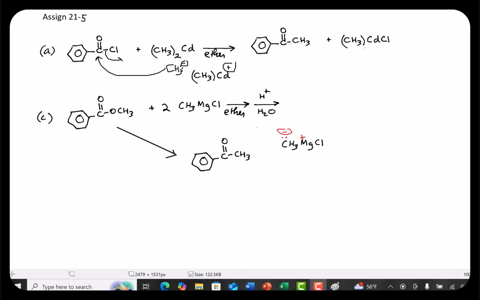Ketone is the product of the acyl carbon substitution reaction. You've got an additional mole of Grignard that's going to effect an addition on the ketone. I wrote it in the ionic form. The methyl carbanion is going to come over here and bond to the carbonyl group, or carbonyl carbon. And then the oxygen here is going to bond to the electrophile, the Mg+, and that will produce then